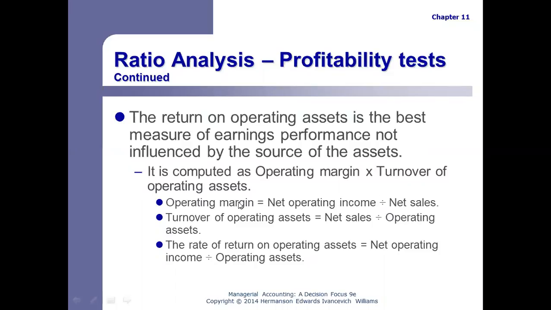That's high margin. Turnover, as I indicated, is how quickly the company sells things, the volume basically of what they sold. So grocery stores only make a couple of cents on each item, but they sell a lot of items. They have high turnover. And that turnover is measured by your net sales divided by